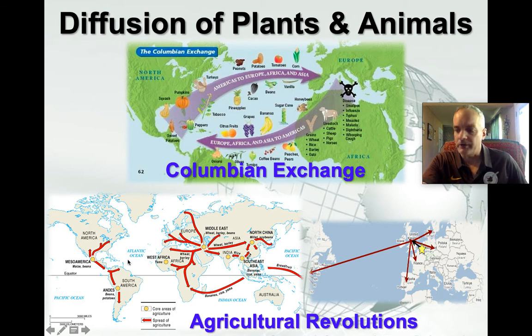So there's that. This would be a relocation diffusion. All right. What we don't talk about in these agricultural revolutions is the Green Revolution, because it gets its own thing here. But initially, these would be contagious diffusions. You see, there it is, and it's spreading, contagious, and then relocation. Okay, that's the